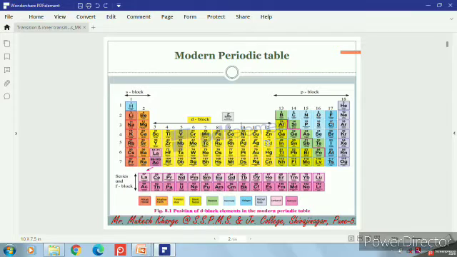The next series is the 5d series from lanthanum, atomic number 57, to mercury, atomic number 80, without those from cerium to lutetium. These are f block elements. The last d block series is the 6d series from actinium, atomic number 89,